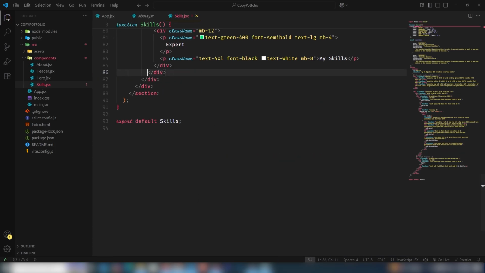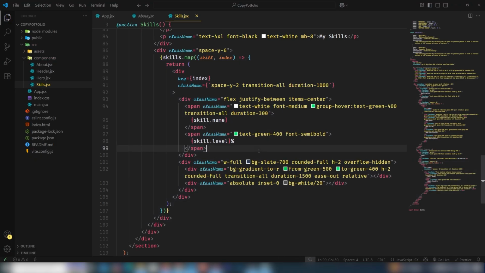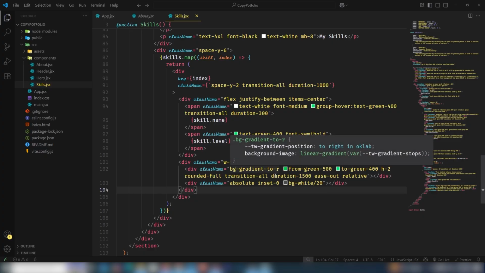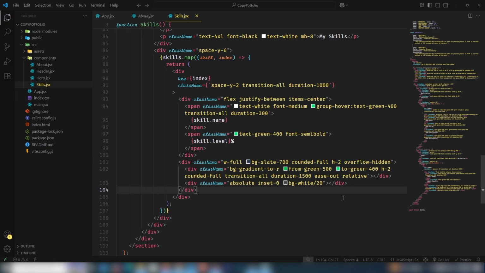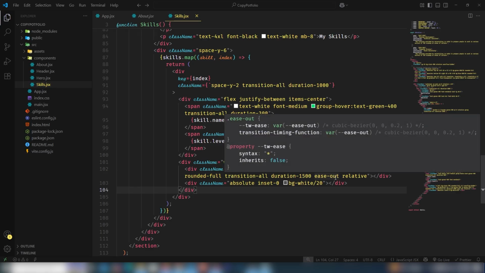Give me a second. I've saved the file. Yeah, it's perfect. Something is wrong on there, guys, so I need to fix the problem. So we're gonna find out where the problem is, and let's try to remove this one. So okay, something is wrong on there, guys, so yeah, we're gonna fix it with full bg slate 700, and yeah, gradient from green to green, transition all,